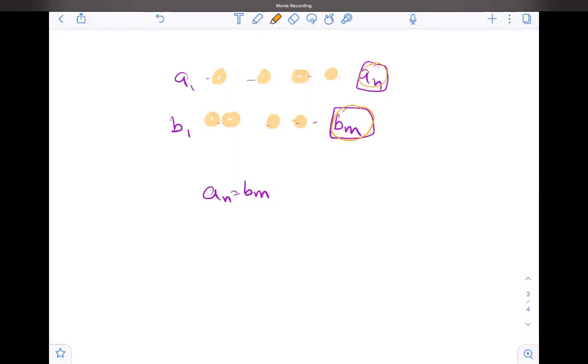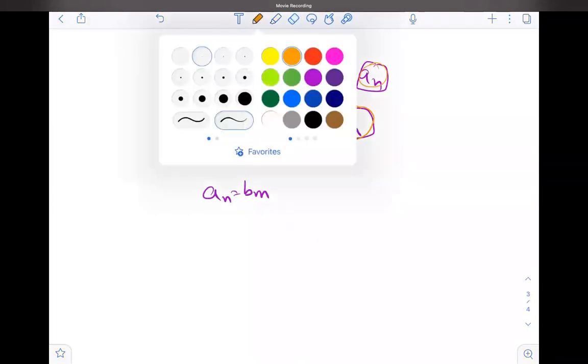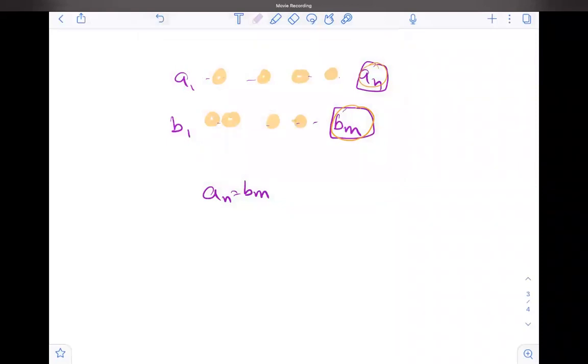Because if I have a longest common subsequence that doesn't include AN and doesn't include BM, then I can consider that longest common subsequence and add AN at the end, and add BM at the end. If you want, I can write it formally. You understood, right? Yes. So if